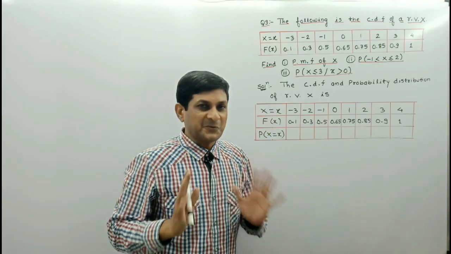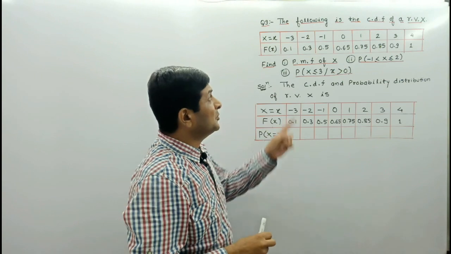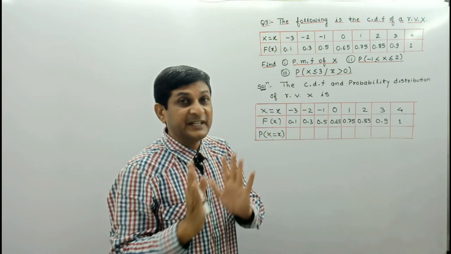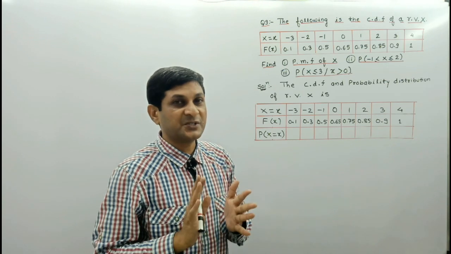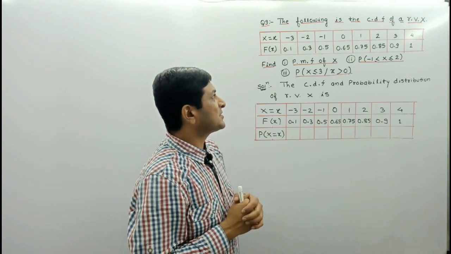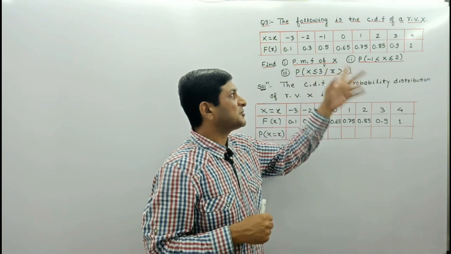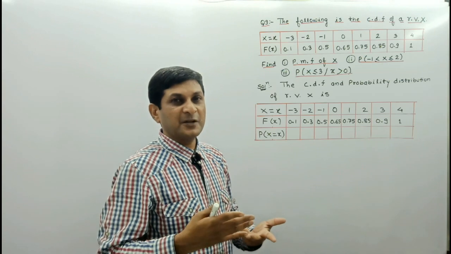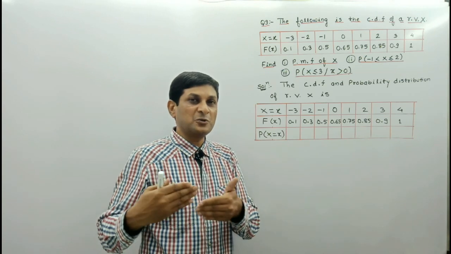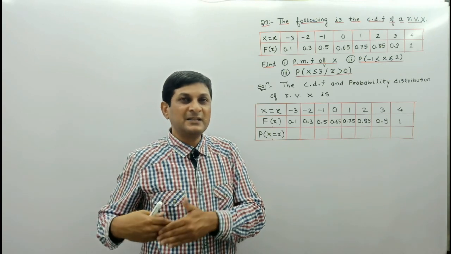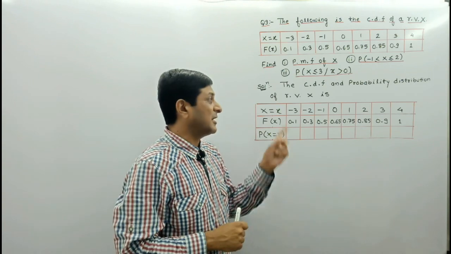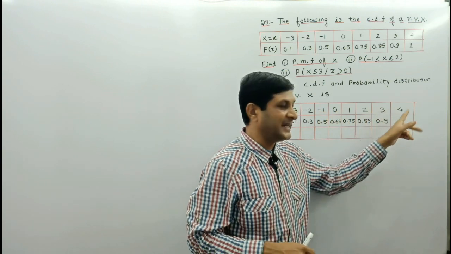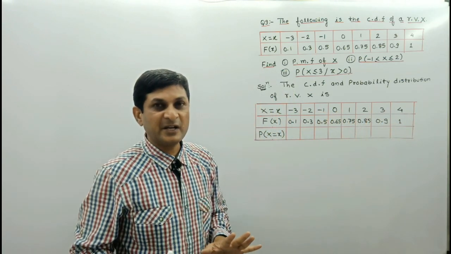Now see, in question number 9, the cumulative distribution function of a discrete random variable is given to us. The CDF is given to us. Using this, first we have to find the probability mass function of x. Finding the probability mass function means finding the probability for all the values of the random variable. How many values of the random variable are given to us? 1, 2, 3, 4, 5, 6, 7, 8. For all these values of the random variable, we have to find out